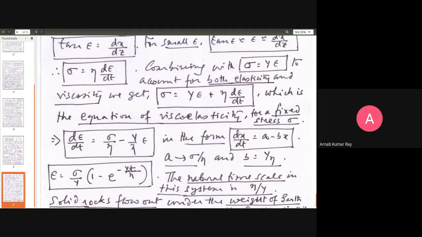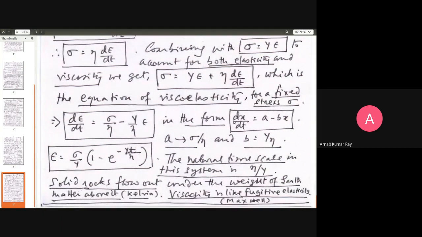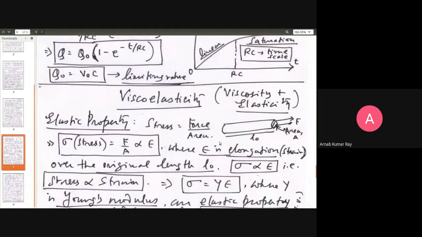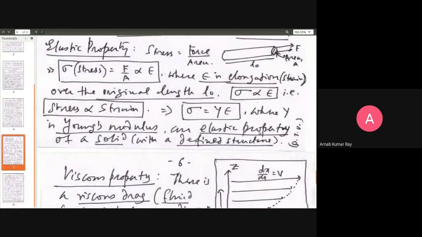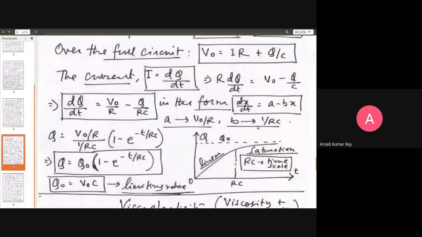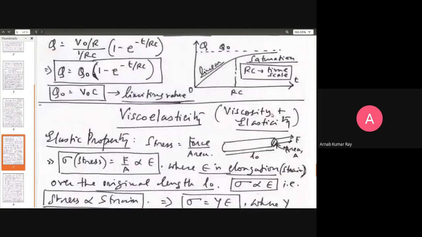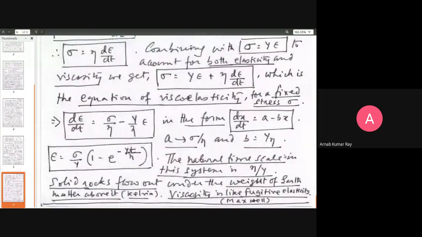Therefore, this is an equation that is again in your familiar form of dx dt is equal to a minus bx. And the solution of this equation for the initial condition that we have familiarized ourselves with. Remember, in this sort of an equation, as well as in the previous equation here, you can afford to take as an initial condition that at t equal to 0, x is equal to 0. So at t equal to 0, there is no charge build up in this thing, right? So here also we can do that because when x is equal to 0, dx dt will not be equal to 0 because of this non-zero a.